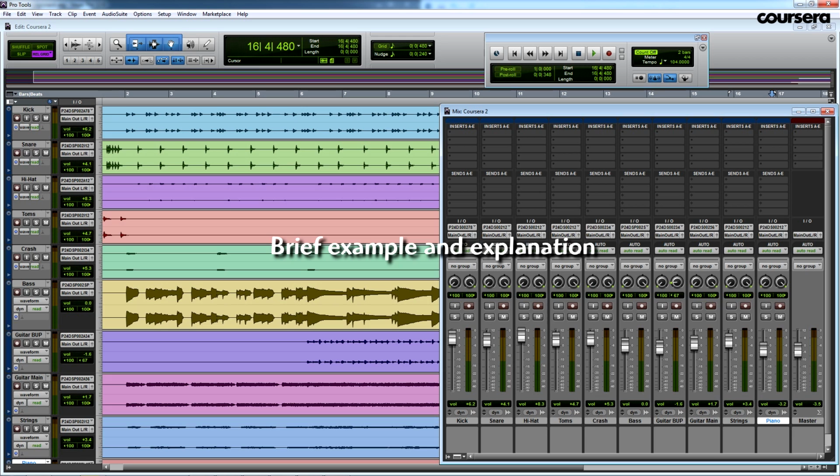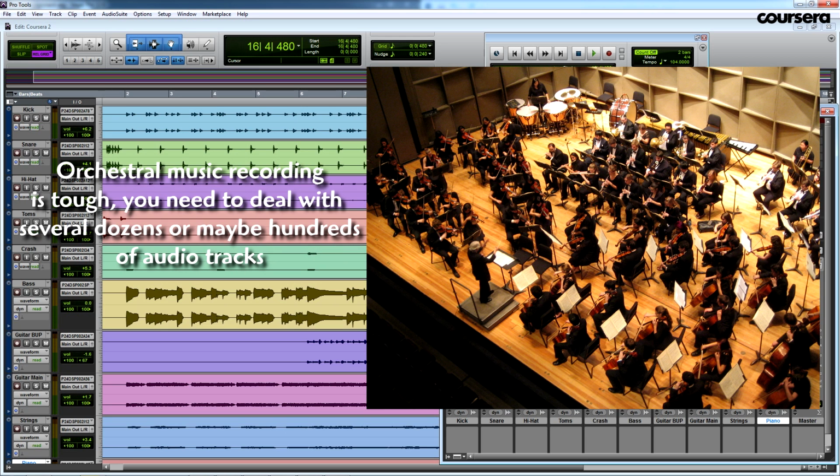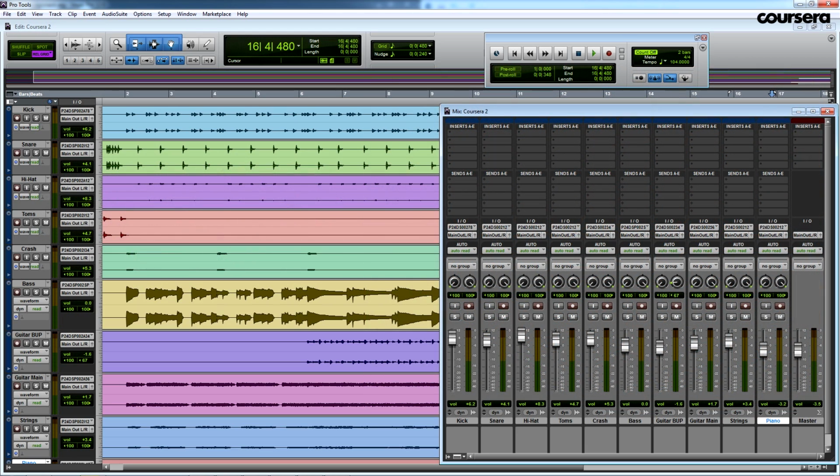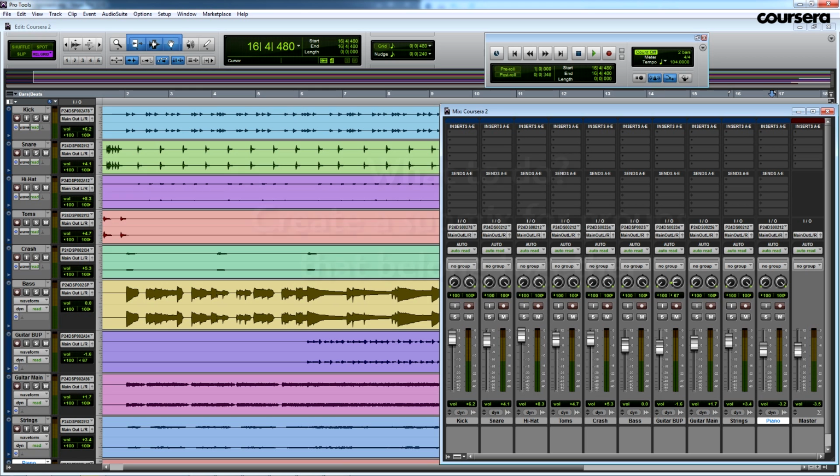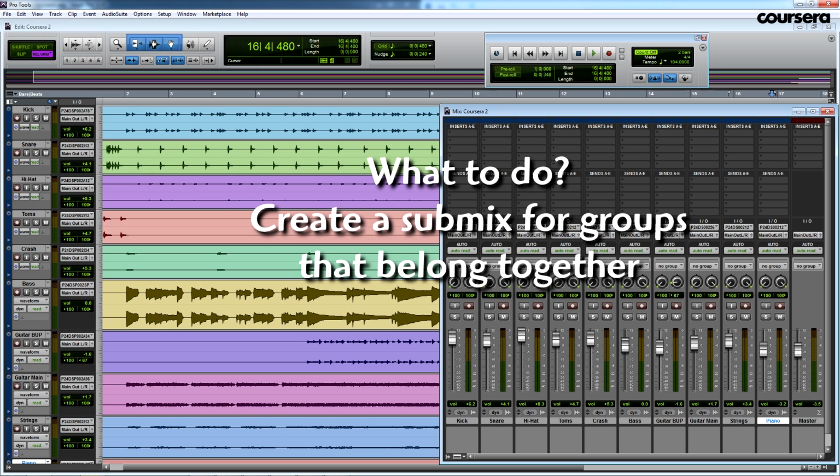As Loudon gave this particular example, if you're working with a big project, let's say an orchestral music, that could easily be 100 tracks that you would have to single-handedly mix all at once. That seems like trouble to me, if you're attempting to process every single track and effectively mix them all at once. So what we will do is create a submix for groups that belong together, like